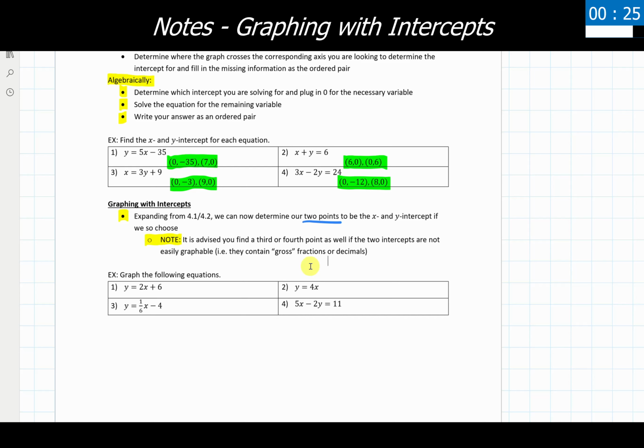We'll see that with 1 or 2 of these examples here, but for the most part, we're going to just try and make a very reasonable guess and reasonable attempt at graphing these things, even if the numbers are a little off. Let's dive in and take a look at these 4 examples of using the x and y intercepts, and maybe an extra point or 2, to graph these equations.